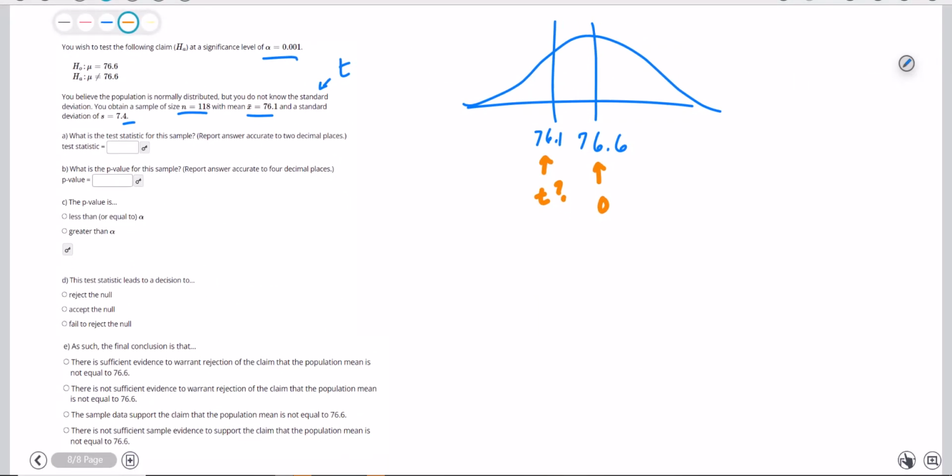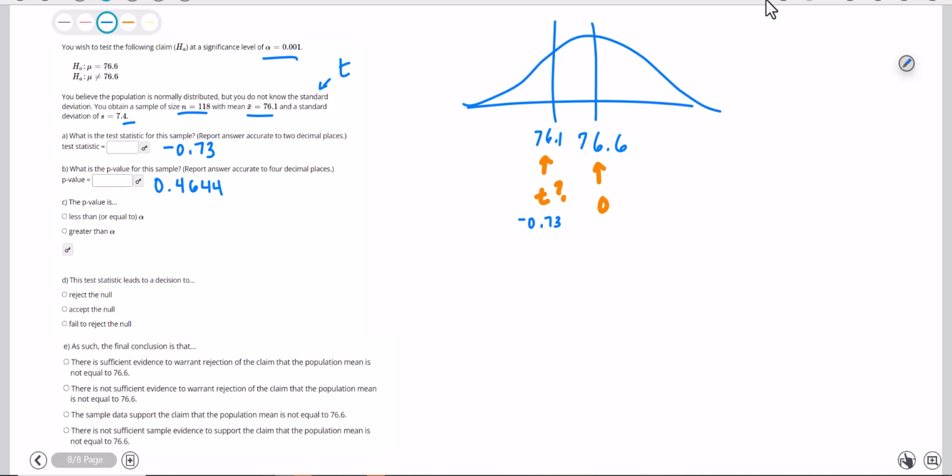So let's go back here. I get a test statistic of negative 0.73. That's this value, negative 0.73. Makes sense it's a negative because it's less than 0. And then my p-value, the probability that I would expect to get this value if the mean is true, is